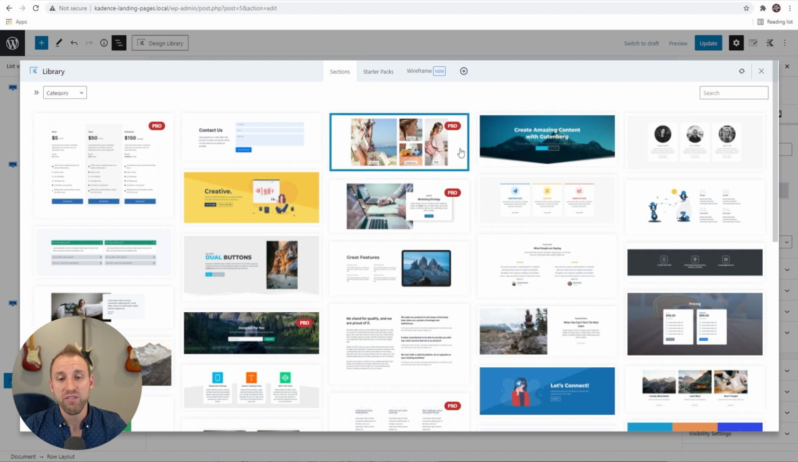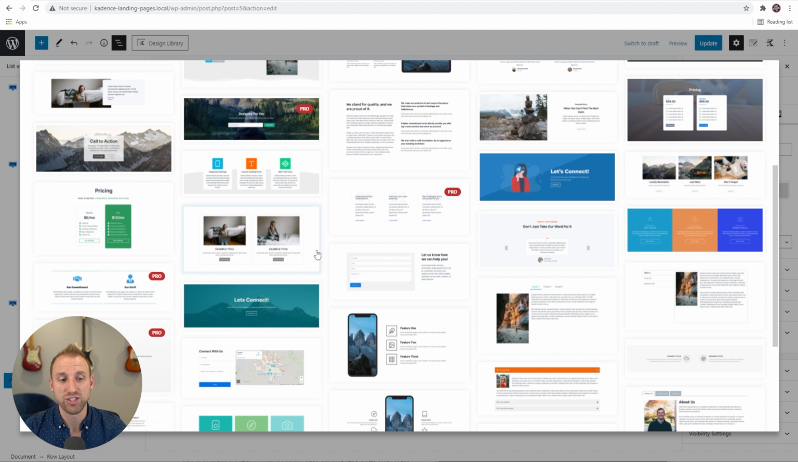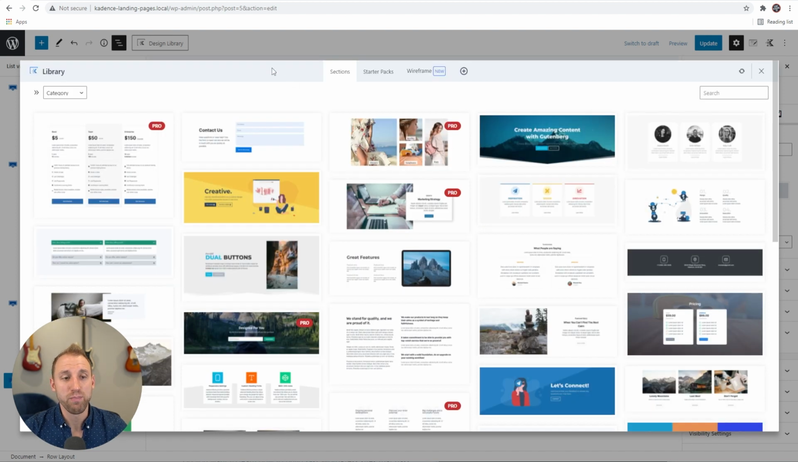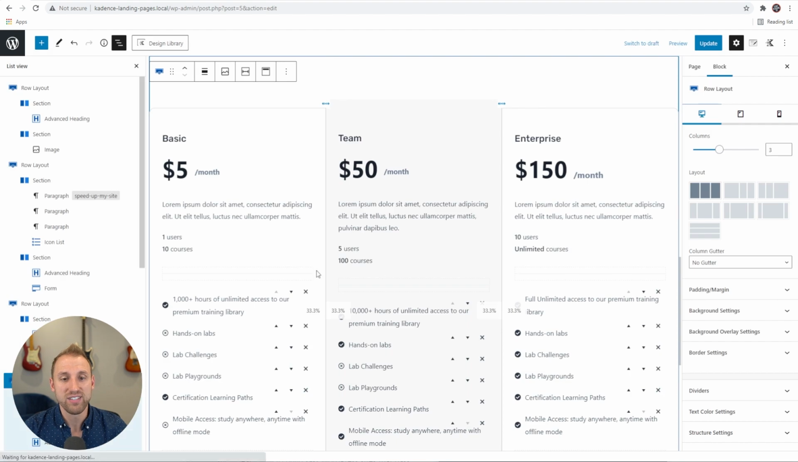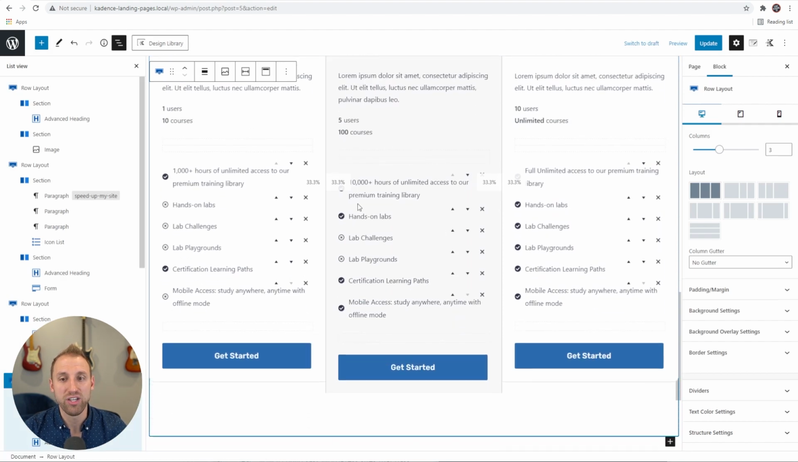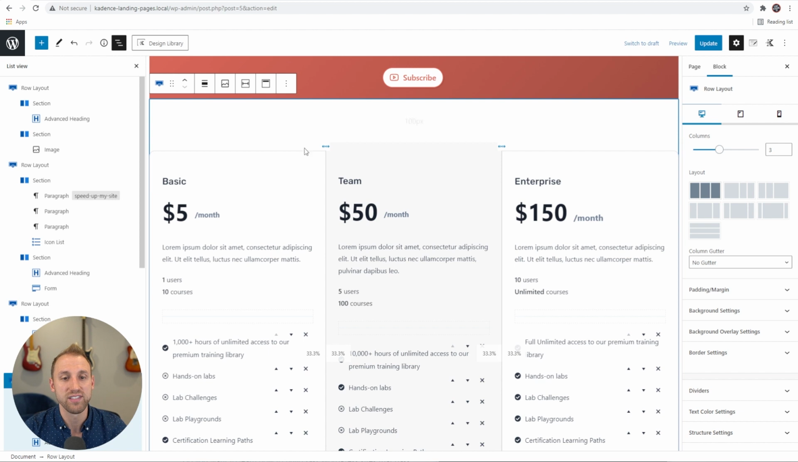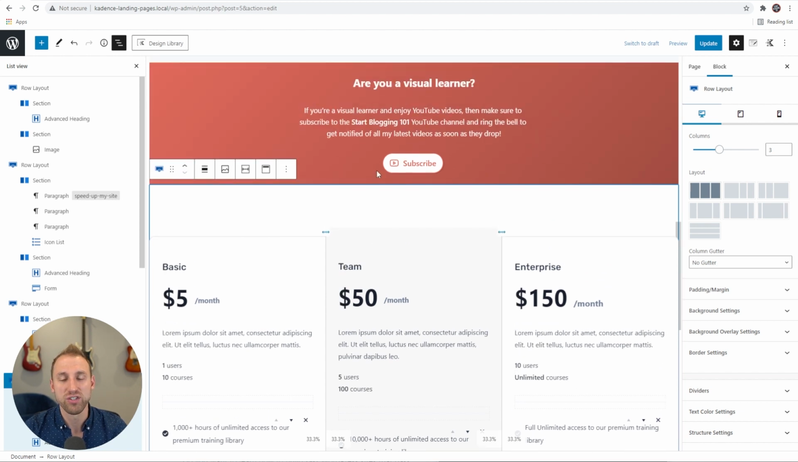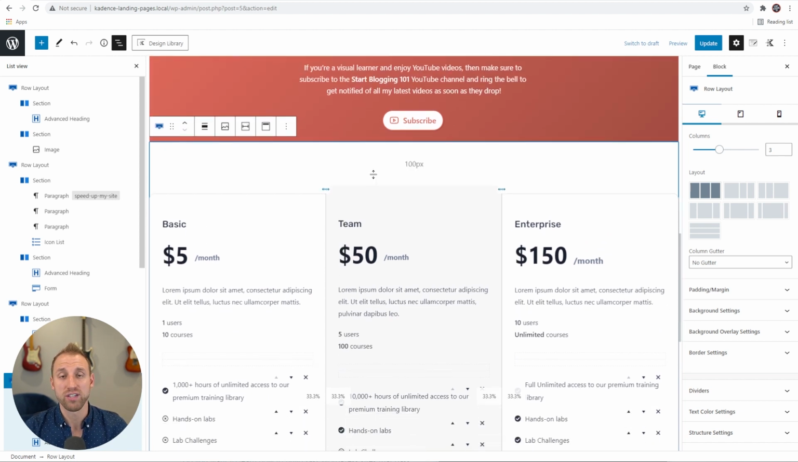You can see that some of these sections have the Pro tag on them. That's why I installed Kadence Blocks Pro from before, because that gives me access to all of these Pro sections as well. Just as an example, say I want to add this pricing table here. I'm going to click this, and you can see that the pricing table gets added to the page instantly. That's super nice. And that's just right after my third section here,